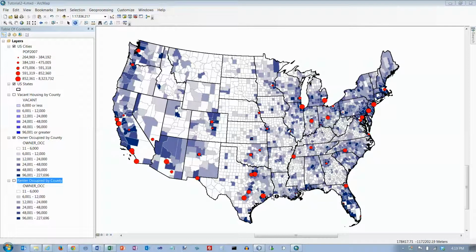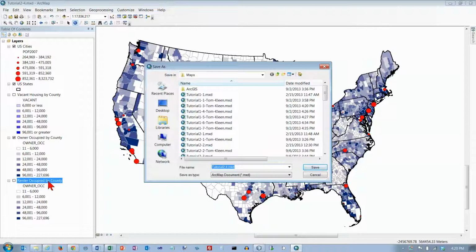I'm now on page 69, tutorial 2-5, and step number 1 is to save this as tutorial 2-5. And while I'm waiting here, notice that over here on owner occupied by county and renter occupied by county, I have the same color ramps over here. That was part of the your turn business at the end of tutorial 2-4. Okay, and we're supposed to save this tutorial 2-5